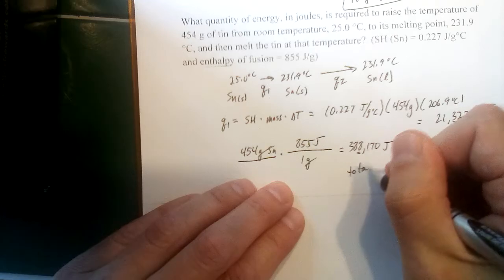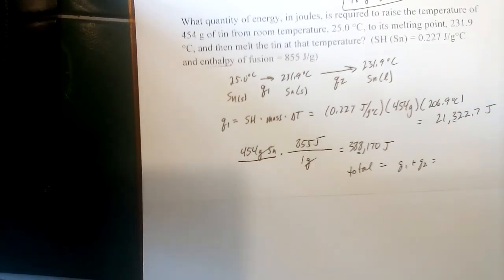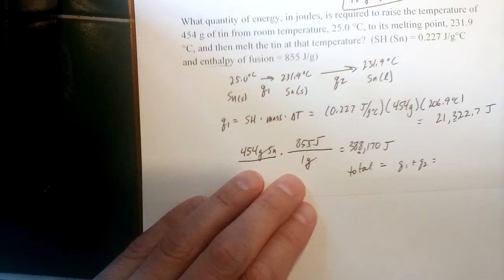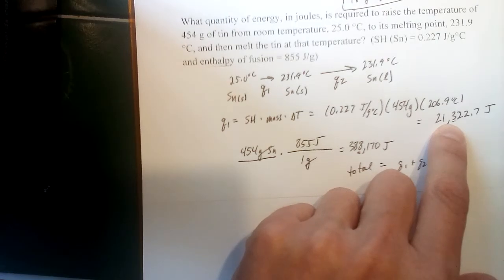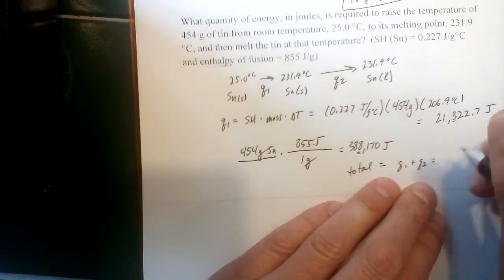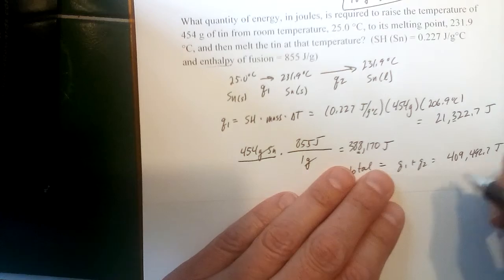The total here will be adding these together. So Q1 plus Q2, and that would be 388,170 plus 21,322.7. So that's 409,492.7 joules. But again, 3 sig figs, so